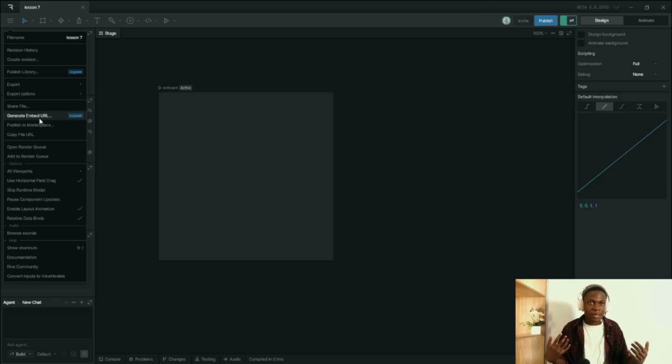So let's say for instance you're done with your .riv project and you want to embed it within your code. You have to upload it somewhere and then make reference to that file within your code. A common place people upload their .riv file to is GitHub, right? But Rive actually has a special feature where they can host your .riv file for you. All you need is that URL, and then you send it to your developer,